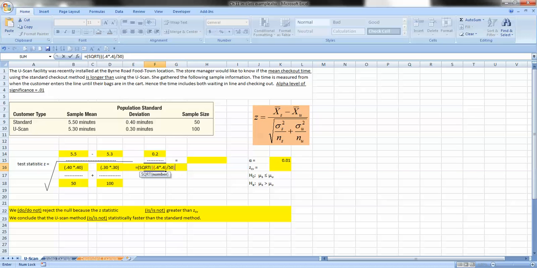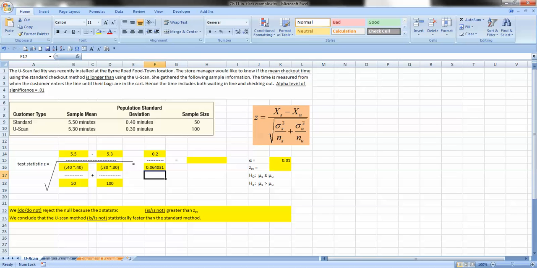Close out the parentheses. Then we're going to add that to our calculation for the UScan method. So we have our 0.30 times 0.30 divided by 100. Close out the parentheses and then close it out once more, and our calculation brings us